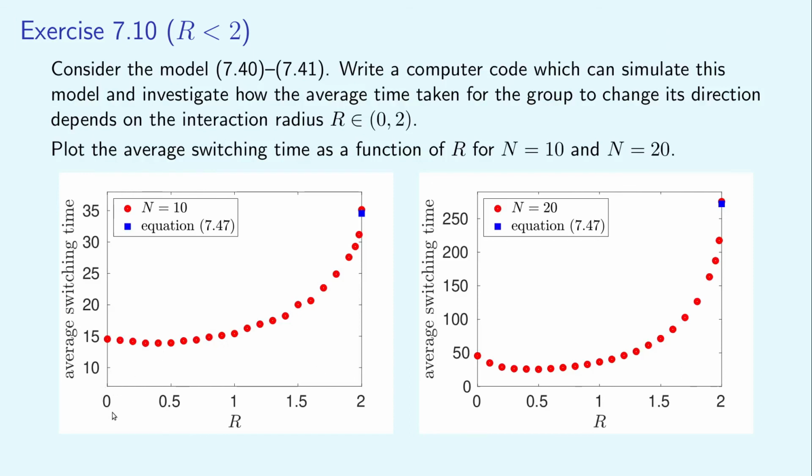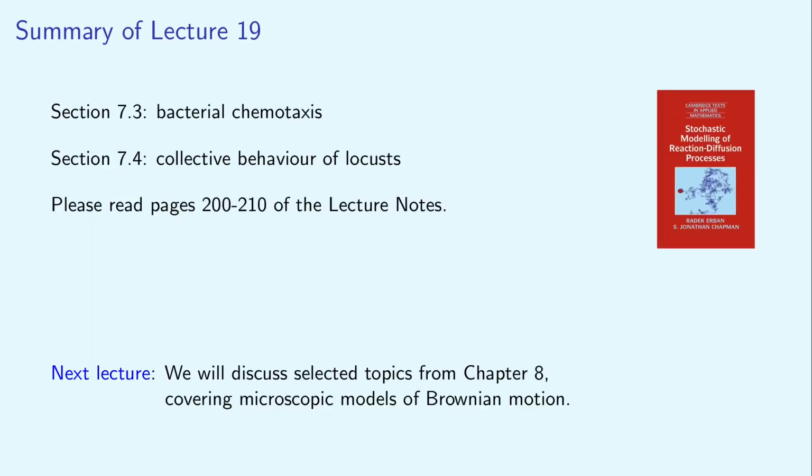In the case of smaller values of r, there are no well-defined favorable states. So I have estimated here just the average time to go from the average velocity -1 to the average velocity +1. As expected, it is an increasing function of r for sufficiently large values of r when the two favorable states exist. This brings me to the end of lecture 19, where we concluded our discussion of selected topics from